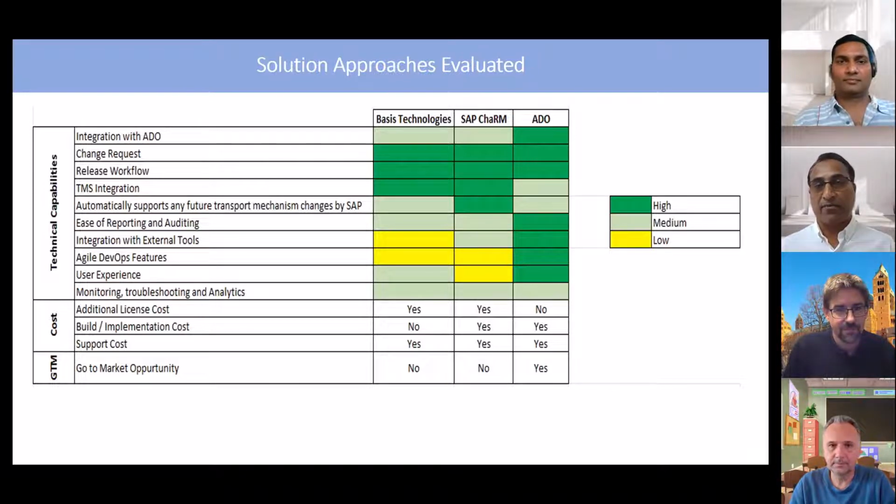But in the end, we are going with ADO for SAP transport integration. The GTM opportunity, sorry, go ahead. No, go ahead. The GTM is just another possibility where we know that a lot of other customers have similar challenges. So this is something we looked at as a possibility, and given where we are today,